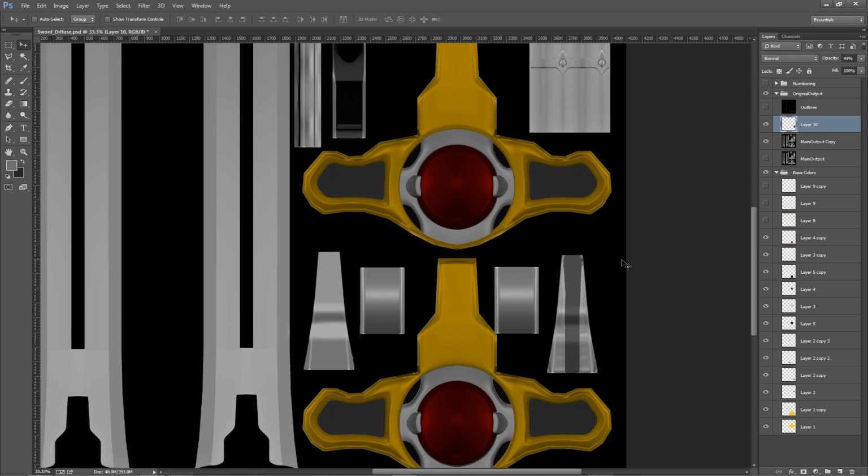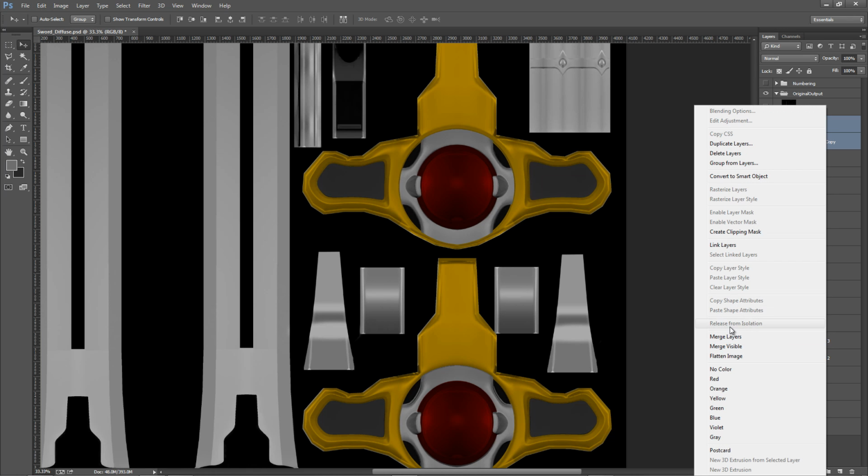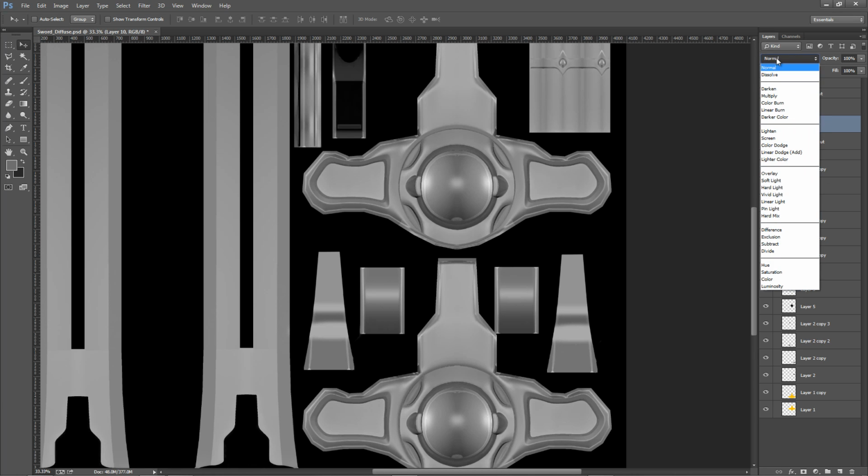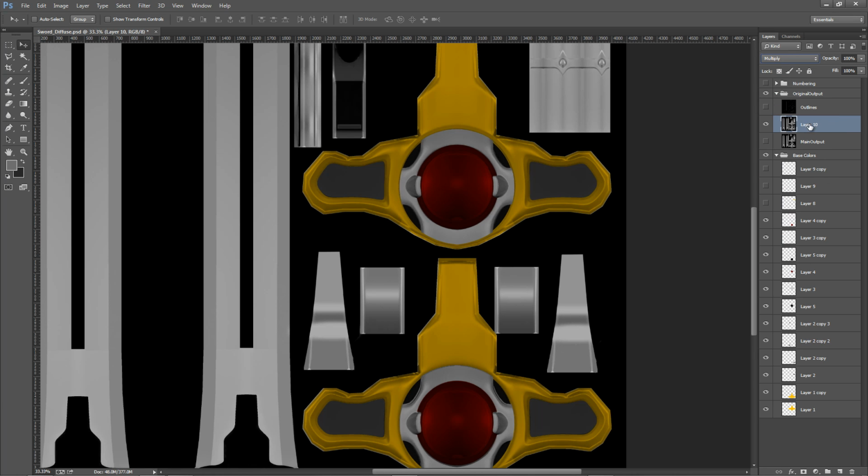And I'm just going to nudge it into place with my arrow keys again. Okay, so that's good. I'll turn my opacity back to 100%, select my main output copy layer and my layer 10, right click and say merge layers. Okay, because I don't want to lose that. So now I'm just going to say multiply again,